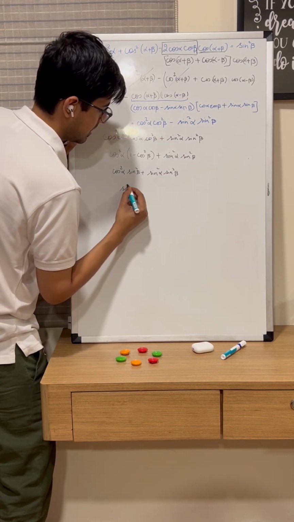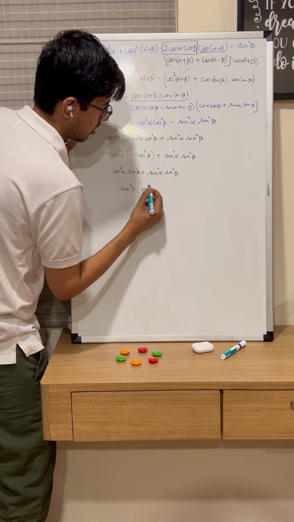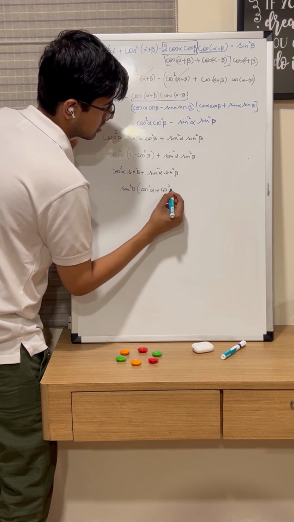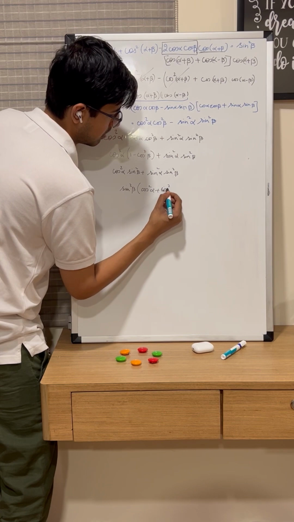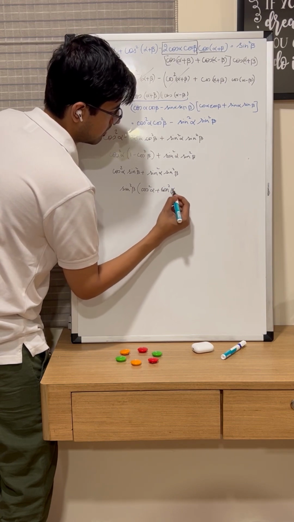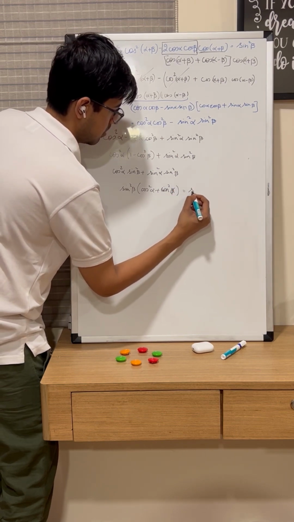Taking sin square beta common, it is (cos square alpha plus sin square alpha) sin square beta,